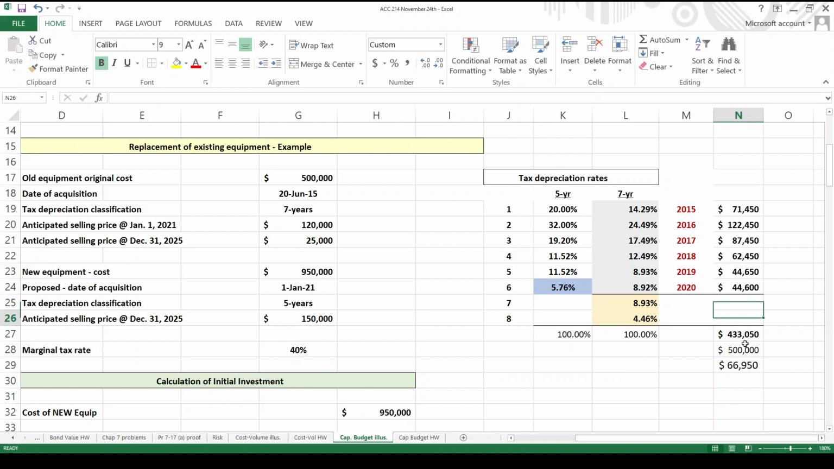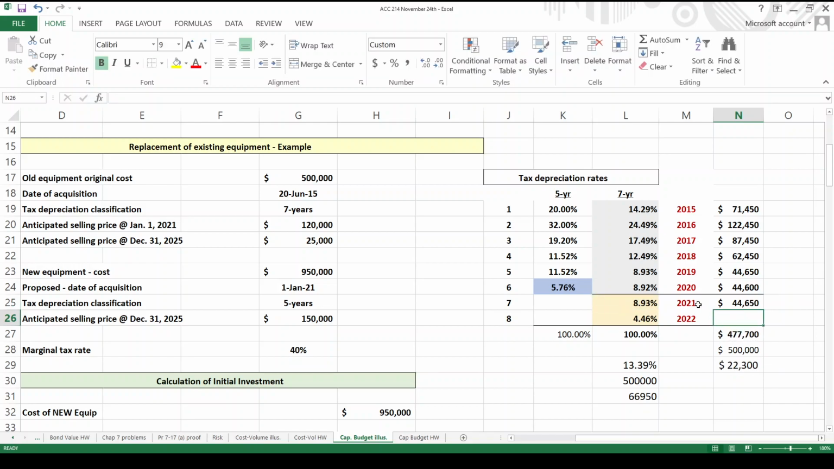No, we don't. So the shortcut is, these are the years that didn't happen yet. Of course, these percentages add up to 100, yeah? So if we just use these last two rates, which are published, so we know exactly what they are, we just take those two rates, add them together, and multiply times $500,000, we should get the undepreciated cost of $66,950. All right, so this is 2021, 2022. This is $500,000